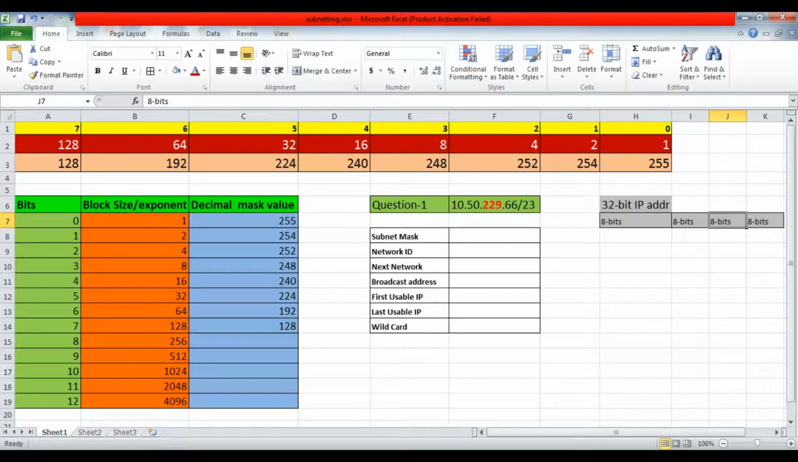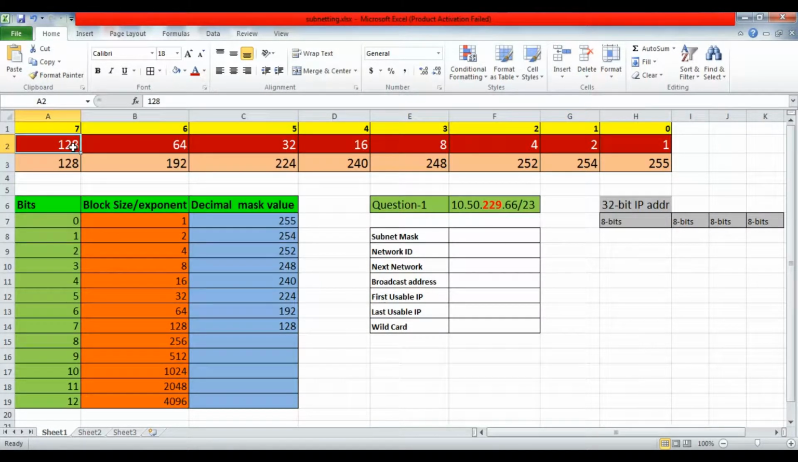And if you don't have the open book exam, you can simply write this cheat sheet in 3 to 4 minutes before attempting the subnetting questions. It is very easy. In the first row, I have written numbers starting from 0 till 7. In the second row, these are simply the 2's power. 2's power 0 is 1, 2's power 1 is 2, and in the last I have written 2's power 7,